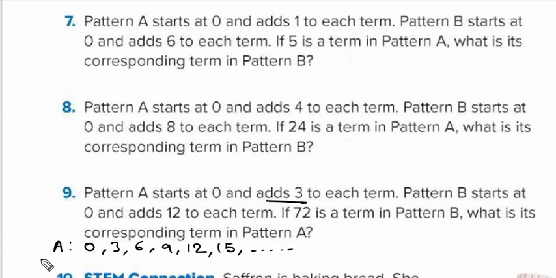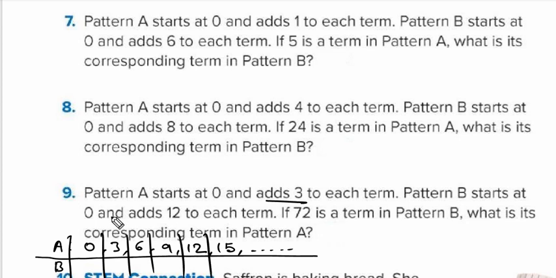Okay, continue. Now pattern B adds 12 to each term, plus 12. So 0, 12, 24, 12 plus 12, 24, 24 plus 12, 36, 36 plus 12, 48,